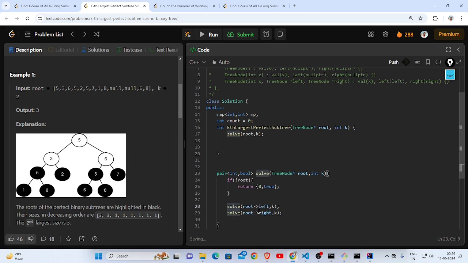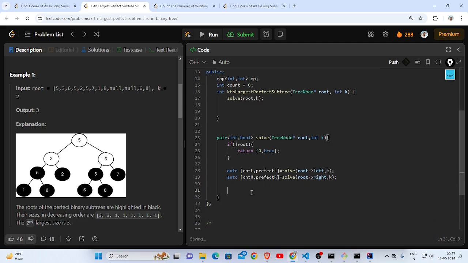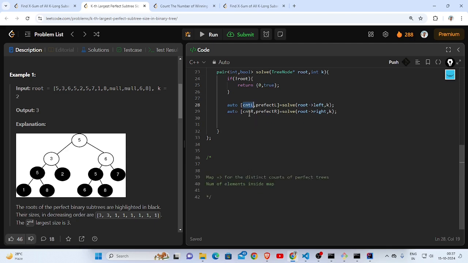This will give me a pair of int comma boolean for the left half, which I'll capture in here, count L and perfect L. This is a boolean. And similarly I get it from the right half. So I'll name it perfect R and count R. Alright,